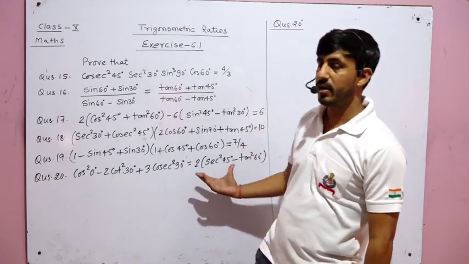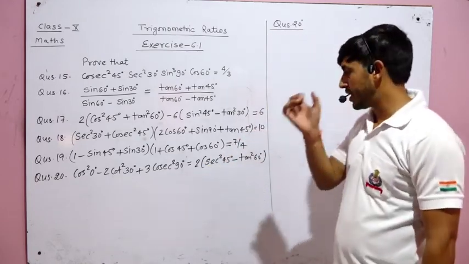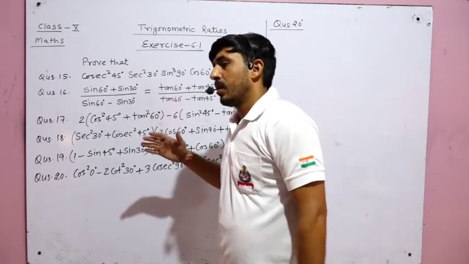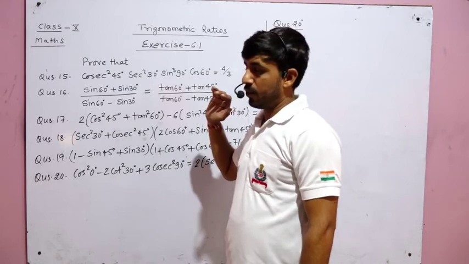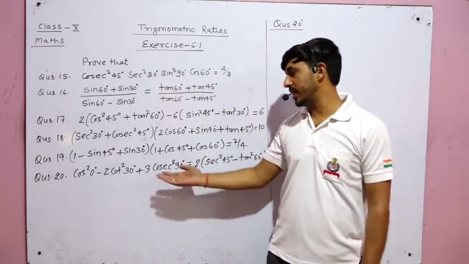Again, in the right side we also have trigonometric ratios. That's why we will solve both sides separately, and then we have to prove that this side is equal